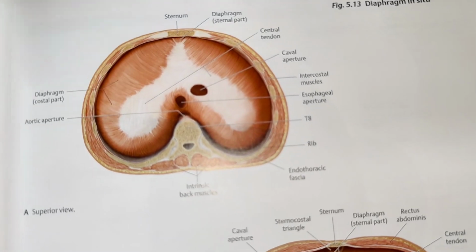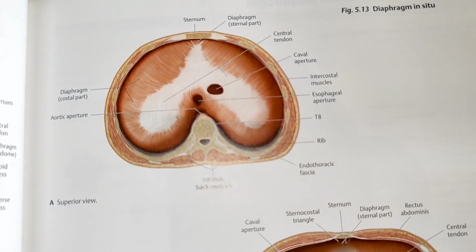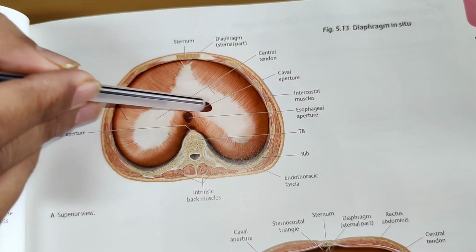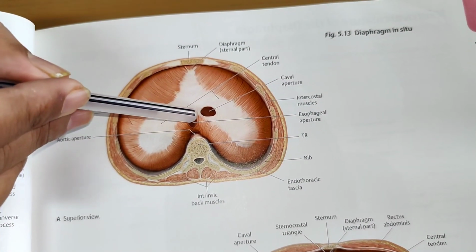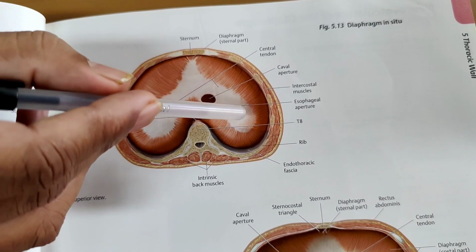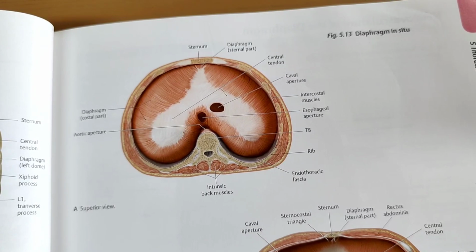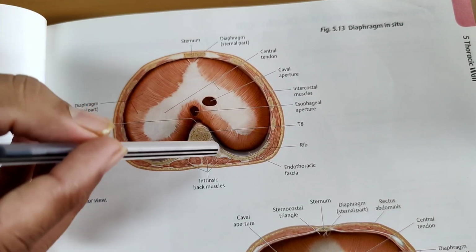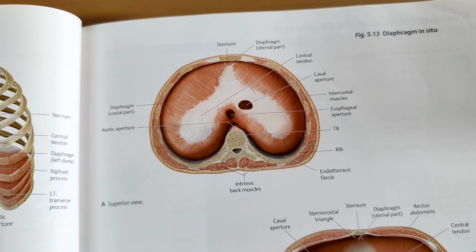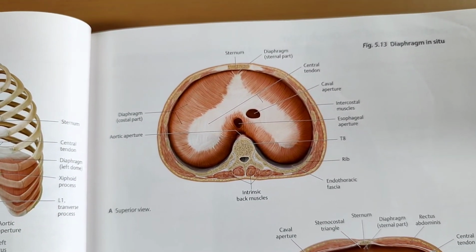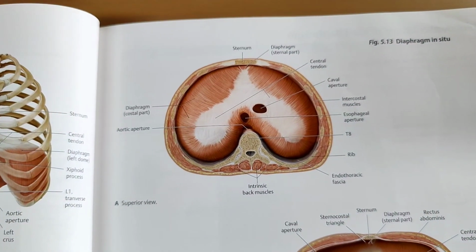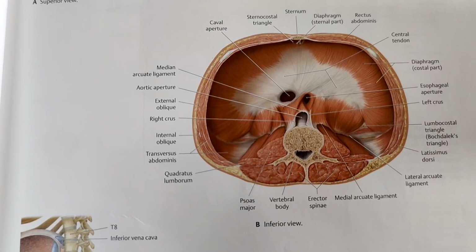Now see in this figure, we will see the insertion of the diaphragm. All the fibers are inserted into the central tendon, which is situated in the median depressed part of the diaphragm near the sternum. The central tendon is shaped like a trefoil leaf presenting median, right and left leaflets. Trefoil leaf means the club shape in playing cards. That is known as trefoil. So it is like a trefoil shape. So this is all about origin and insertion of the diaphragm.